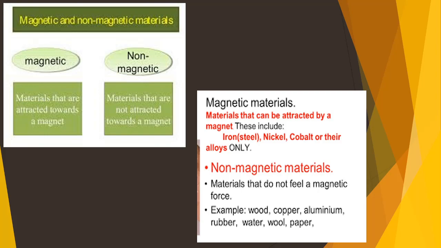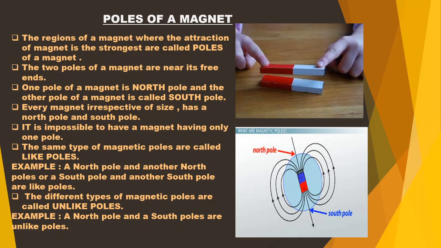Now, the magnetic and non-magnetic properties of various objects are made use of in our daily life. For example, if a large number of pins have fallen from the pin box, we can collect all the pins quickly by using a magnet. Maybe some pins along with some wooden particles or other non-magnetic particles have all fallen down together. We can take out only the pins with the help of the magnet. So this is a daily use by which the magnetic property can be utilized.